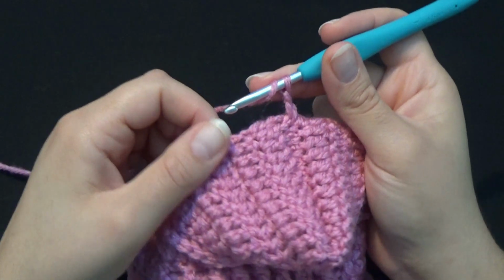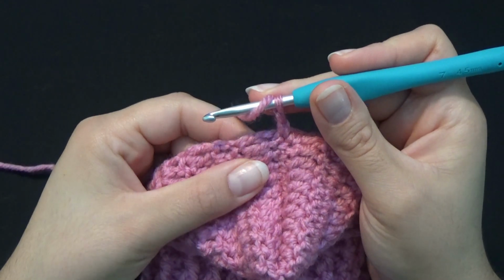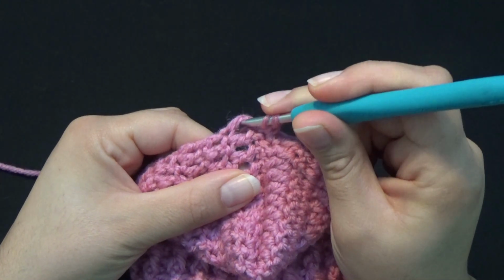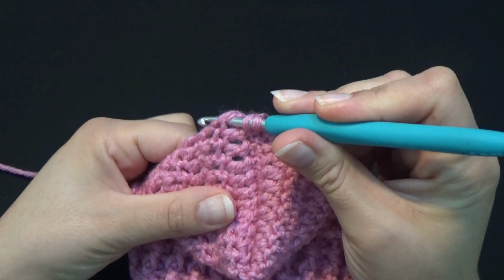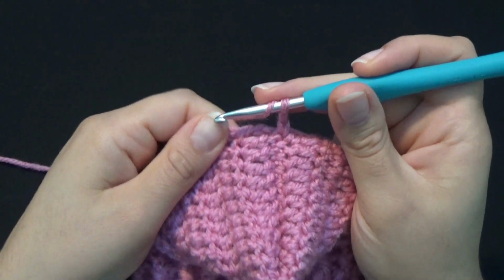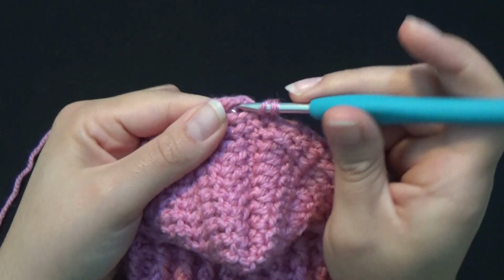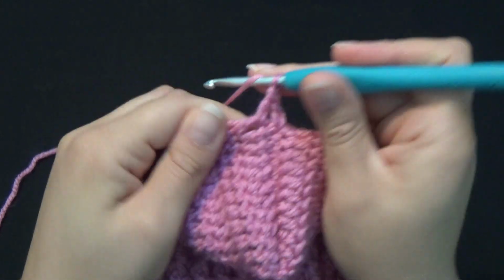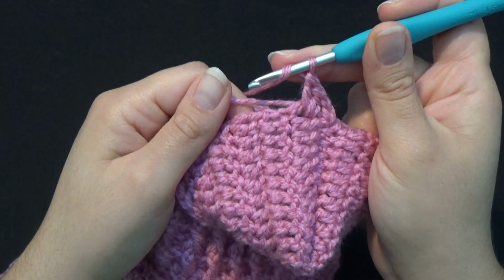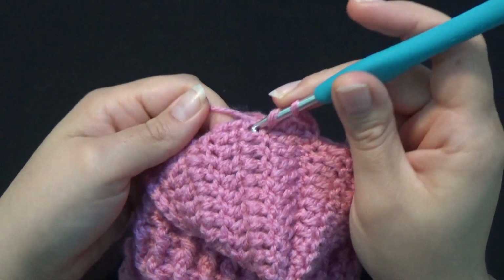Now see how these are my 5 rows of double crochet, and I'm going to work horizontally now on the stitches. I'm going to be putting my hook under every first double crochet of every row, and I'm going to be working 2 stitches under every stitch. So let's start. Under the first stitch, put your hook under it and work 1, same stitch, 2. Now go to the next double crochet, put your hook under the stitch,